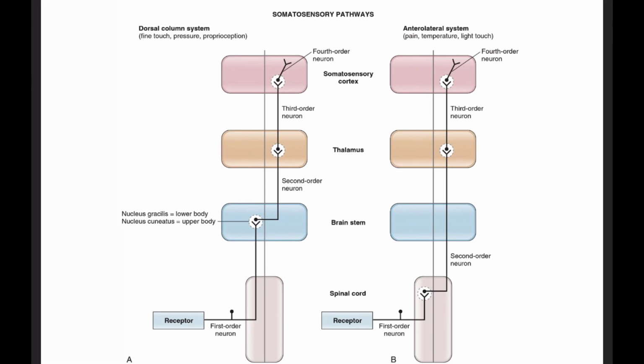We have discussed only the first order neuron, second order neuron and third order neuron. So where is exactly this fourth order neuron? This fourth order neuron is located in the postcentral gyrus. That's why I have shown you many pictures of where the postcentral gyrus is. The postcentral gyrus is in the cerebral cortex. So in the dorsal column system, you have the first order neuron outside the spinal cord, you have the second order neuron in the brain stem, you have the third order neuron in the thalamus, and you have the fourth order neuron in the postcentral gyrus, that is in the brain. So that's it for the dorsal column system.